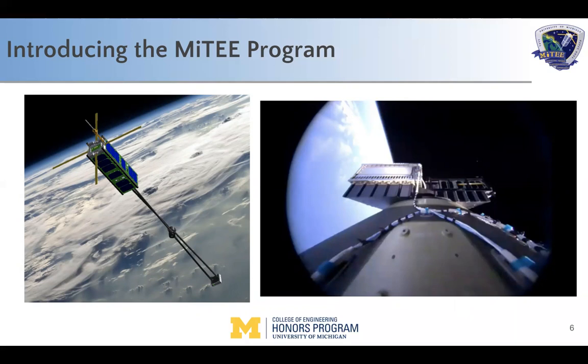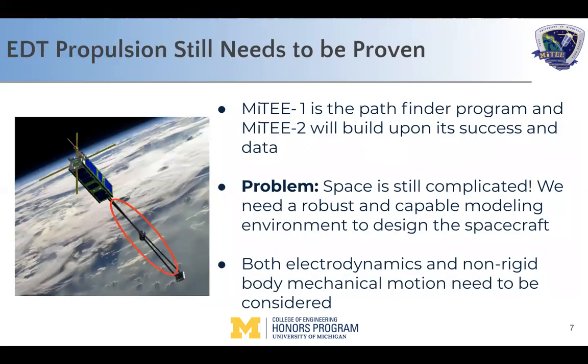In these images, you can see our Mighty 1 spacecraft, which we actually deployed to orbit earlier this year in January 2021. We are operating as a Pathfinder mission to collect data for our Mighty 2 spacecraft, which is an upcoming mission that is in the preliminary design phases currently. With the Mighty 2 program, there's a big difference from Mighty 1, and that is that the rigid deployable boom that you see in this image is replaced with the electrodynamic tether. Mighty 1 is designed to gain science data